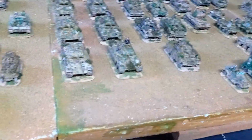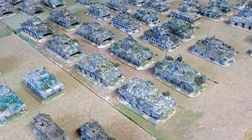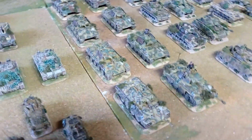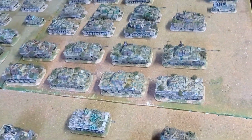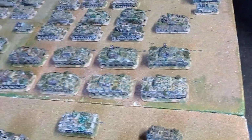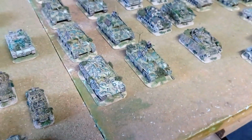So regarding the tank force, it was still very powerful. For instance, as you can see here, still 46 Panthers around the 5th of August, and 57 Panzer IVs. What I read suggests they are not that many, but even so, I placed plenty. Look, you see here a group of 8 Panthers and a group of 7 Panzer IVs, which I think more or less reflects what they really managed to use in the